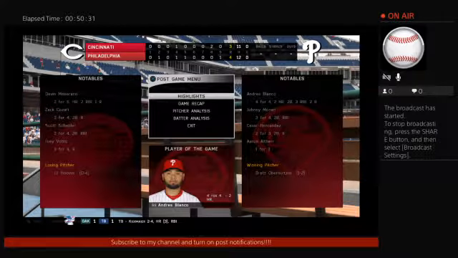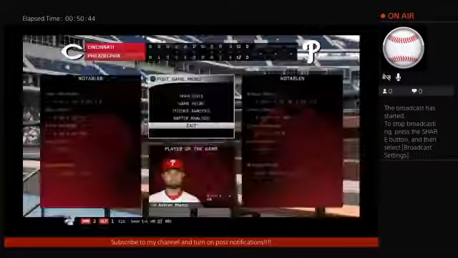Our final line score this afternoon. First for the victorious Philadelphia Phillies. 4 runs, 12 hits, no errors. They left 11 men on base. For the Reds, 3 runs,